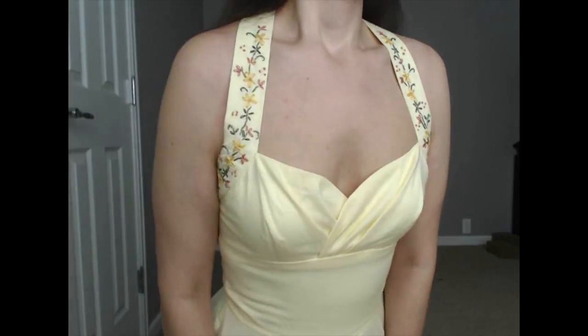I've made some shelf bust patterns in the past, and I just thought they were really unflattering on me, but this one I think really has the right proportions. Let's see if I can...